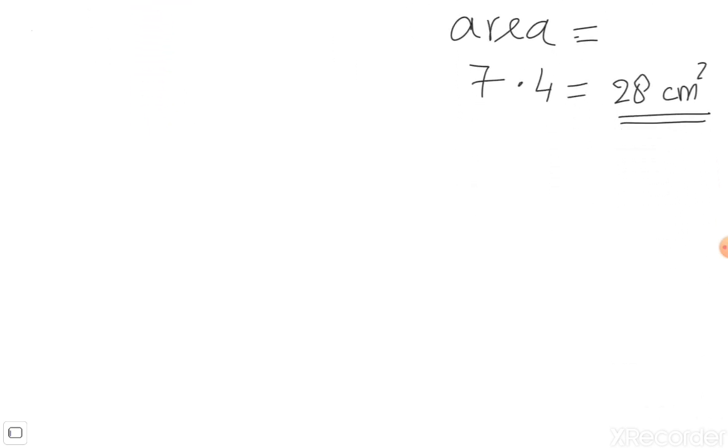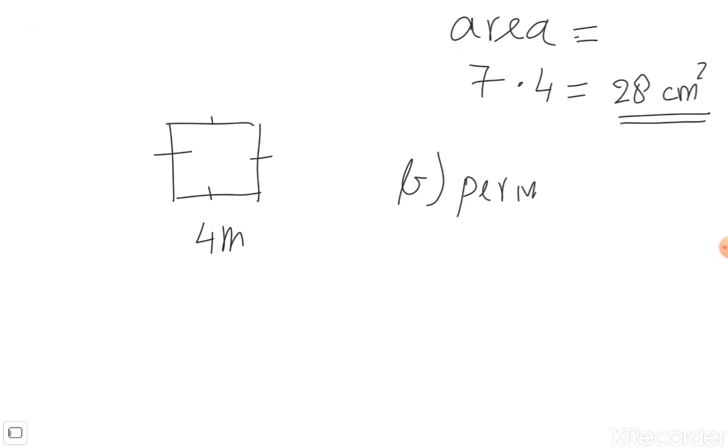If we look at exercise, that was exercise 9a. If we look at exercise B, they ask you calculate the perimeter and the area of a square with 4 meter edges. So make a sketch, and all the edges are equal and are 4 meters. So to calculate the perimeter, we need to do 4 times 4, and that's